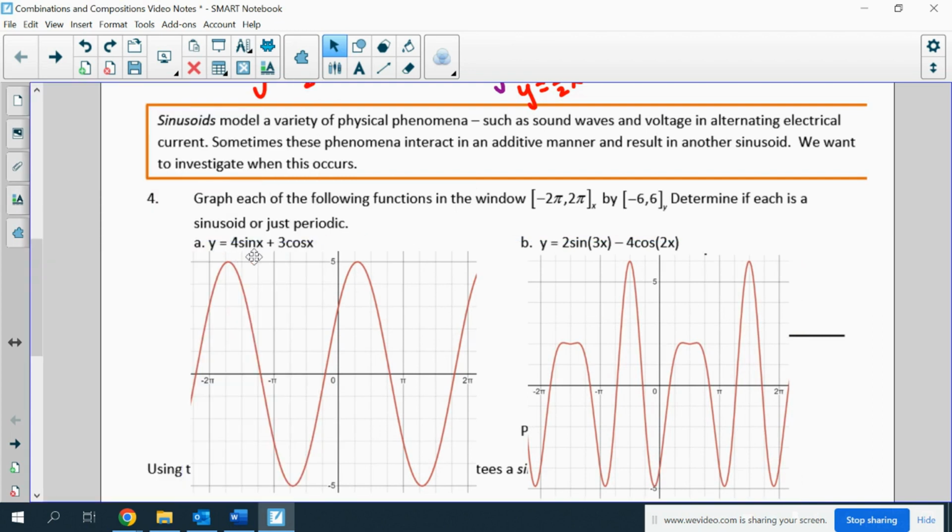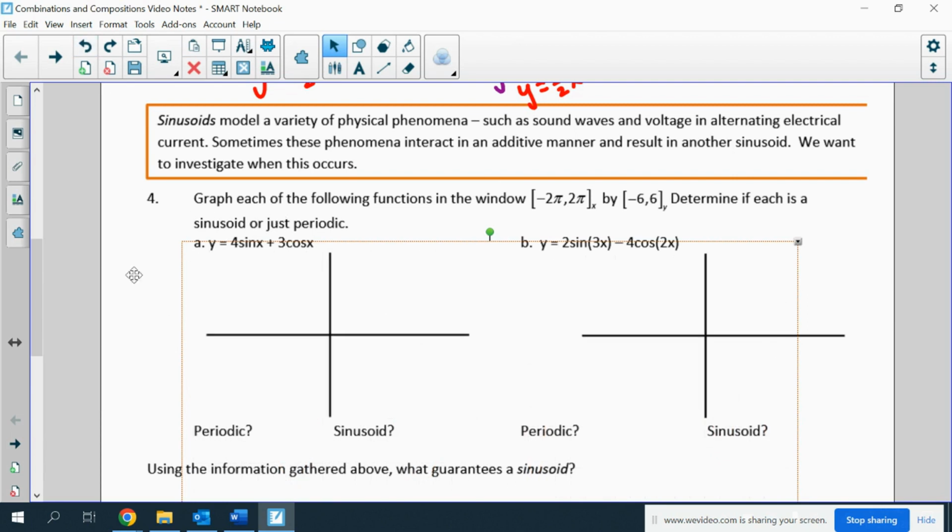So if I look at 4 sine plus 3 cosine, you see something else that kind of looks like a sine wave. When you look at 2 sine 3x minus 4 cosine 2x, you see something that does not look like a sine wave, but it looks kind of cool, and it actually repeats itself over and over again. So what you see in these cases